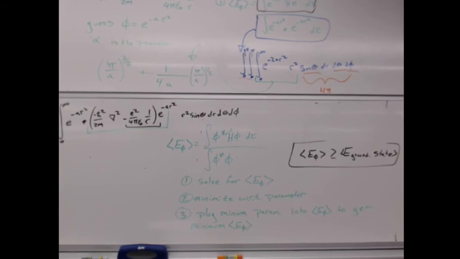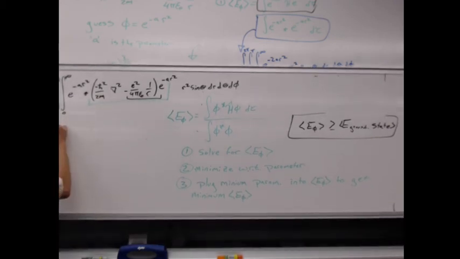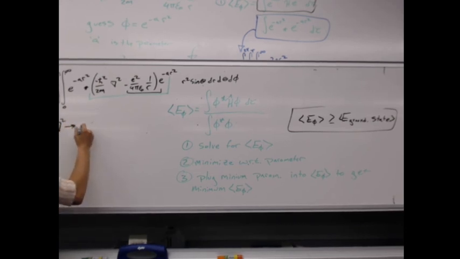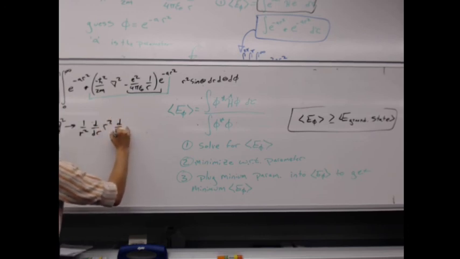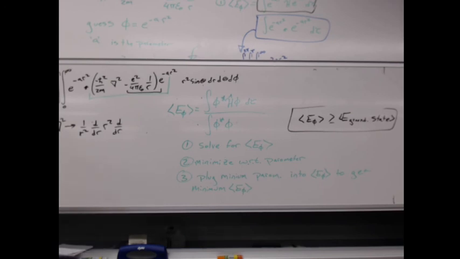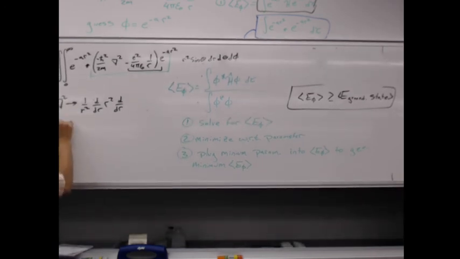because we've only got radial parts. We don't have an angular part. So when I look at my del squared here, I really just have to look at the radial part of it. I really just have to look at the 1 over r squared d by dr, r squared d by dr. That's the only part I really need to look at. And if I just do that del squared on my e to the minus ar squared,